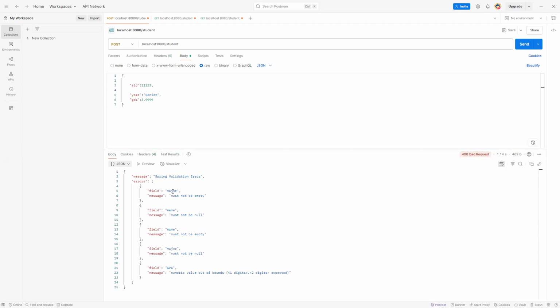Spring validation error: the field major must not be empty, the name must not be null, name must not be empty, major must not be null, and the field GPA, the numeric value is out of bounds. This is what it's expecting. Couple of things about this message, right? We can actually write out